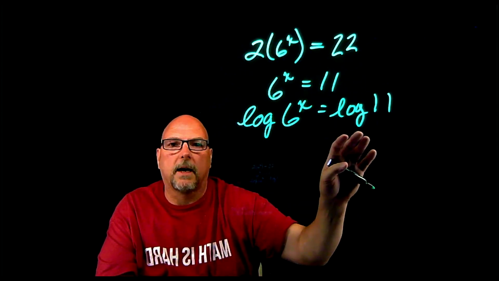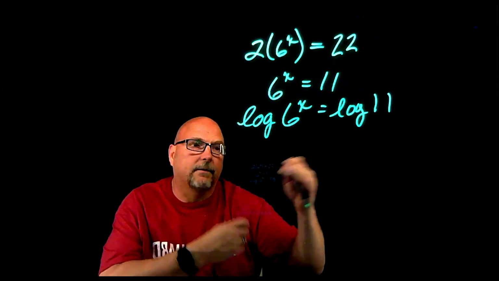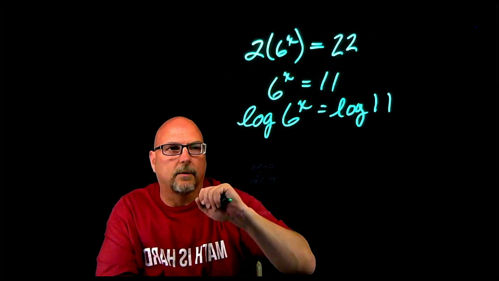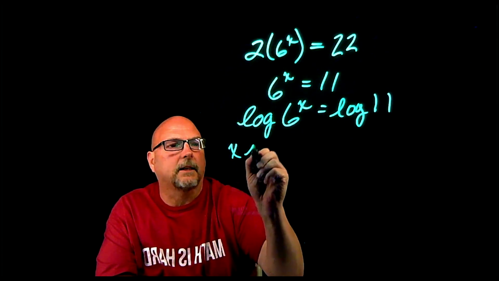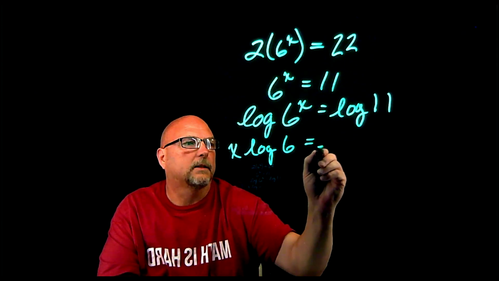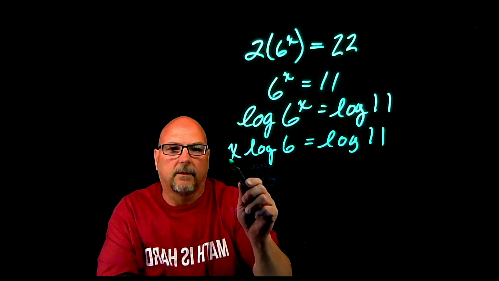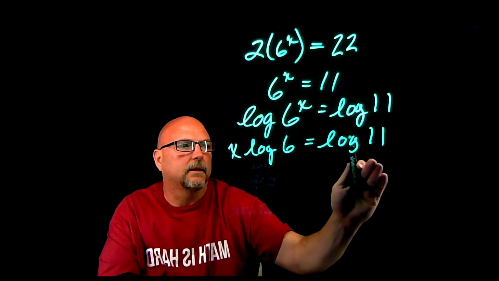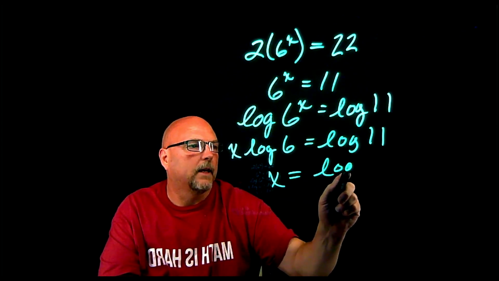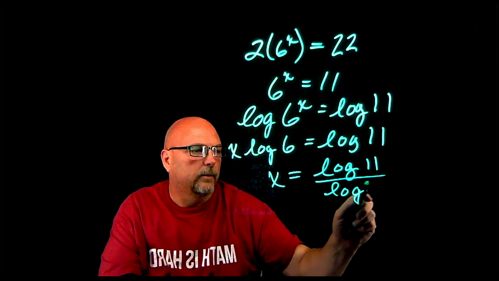Now remember, you can apply logs. You have to do the same thing on both sides. So this is going to release this exponent down here, which makes this x times the log of 6, common log of 6, and that's still equal to the common log of 11. So I'm going to divide both sides by the log of 6 to solve for x. So x is going to be the log of 11 divided by the log of 6, which is the exact